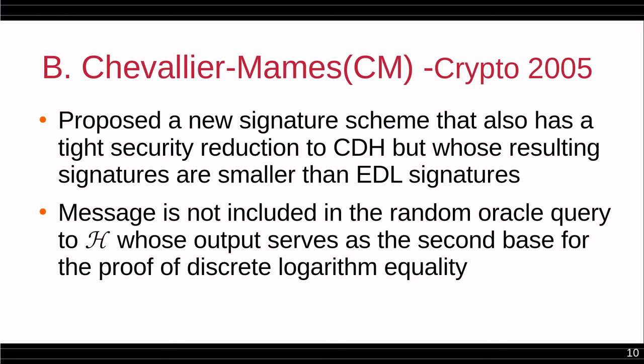than the ideal signatures. The main difference in the CM scheme is that the message is now not included in the random oracle query to H, which served as the second base for the proof of discrete logarithm equality. Instead, the message is included as input to the challenge-generating random oracle query in a way similar to the standard Schnorr signatures. So, for CM's formalization, we replay our ideal proof over the scheme, and we show they carry